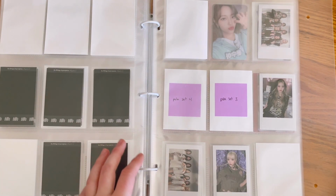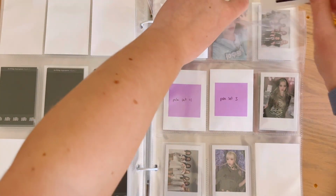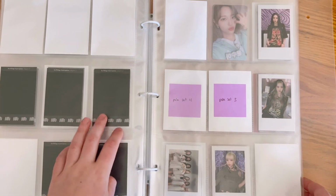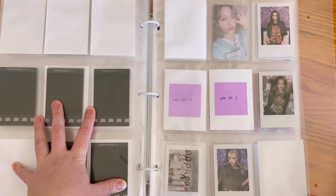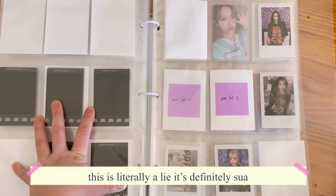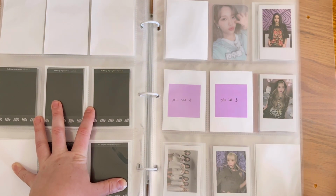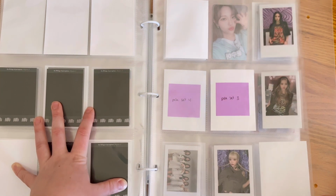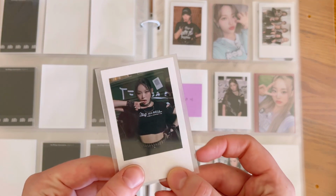And then here I have Suhyun again. Yeah, I think I'm missing 1 Suhyun card for the whole era, which is really good because she was one of the members I had the least amount of progress on. I think the member I have the least stuff for is actually Haram. I don't know why, but I'm really struggling to find a good set of her cards. So yeah, Miss Haram, please don't avoid me. But we have 3 for the set, and then for the final set I have Suhyun,